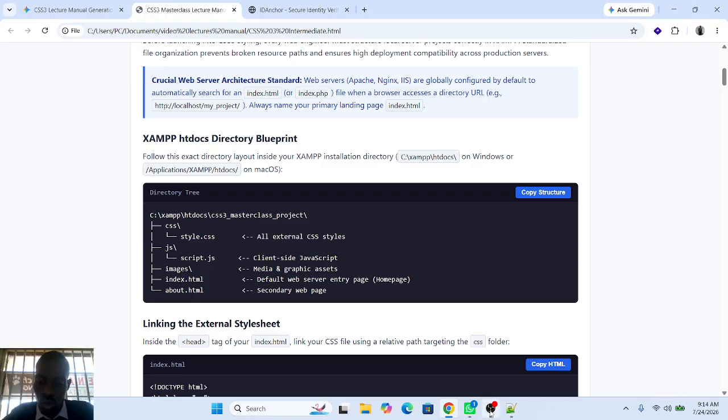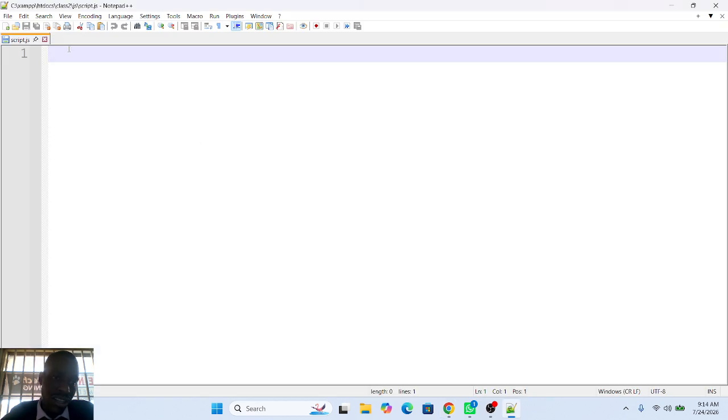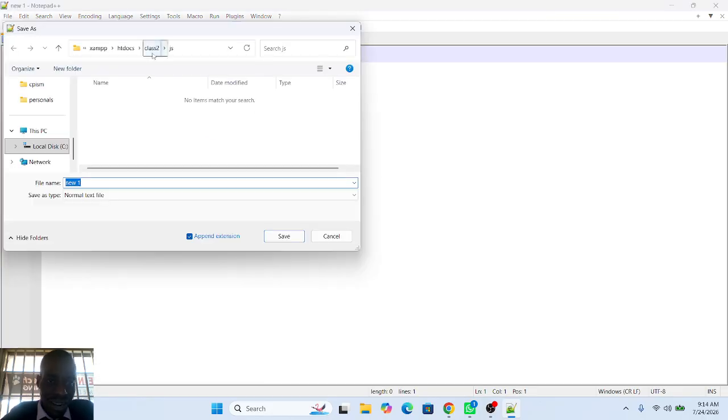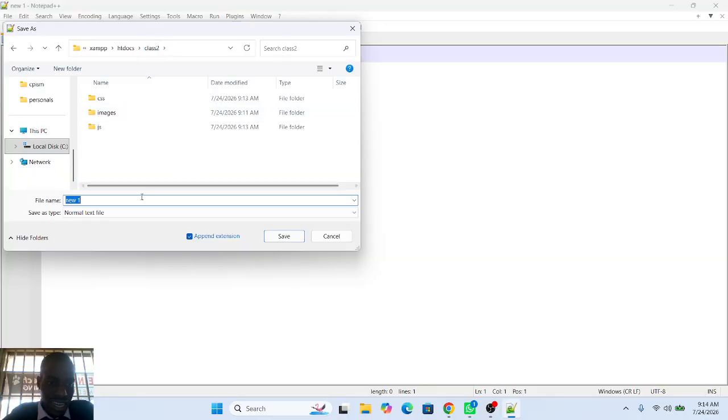That is what they are going to carry. So we're going to create those ones now, and you can see we are not creating those ones inside a subfolder. We are going to be creating them directly inside the class 2 folder. Inside class 2 folder here, like we said,